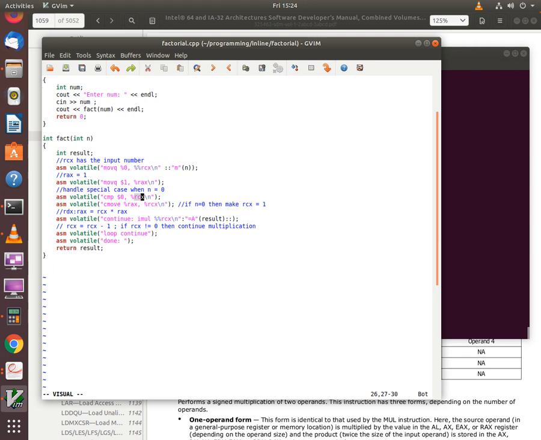The next instruction is a conditional move instruction, and it moves conditionally based on certain conditions which are specified in the instruction. In this case, the condition that we are specifying is indicated by the letter E. So the CMOVE.